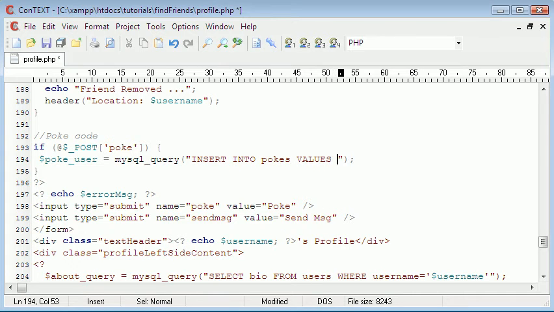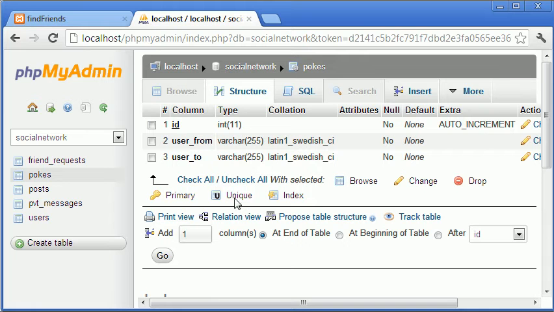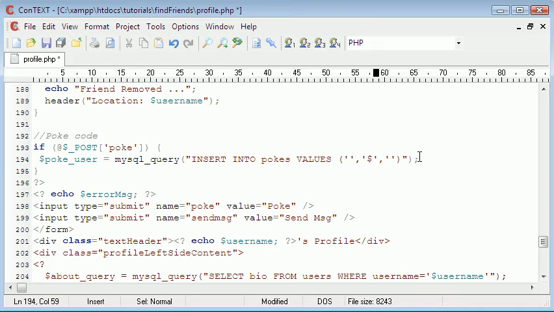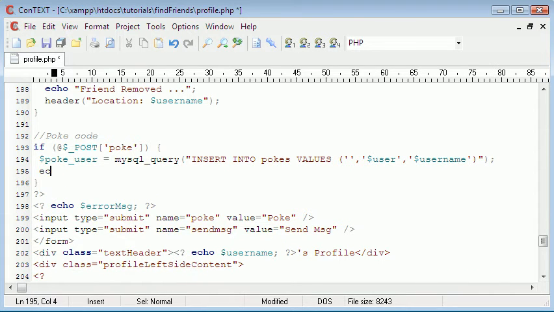So I think it's as simple as, all we do is we leave the ID blank. The second field we type in the user from, which is who poked the user. So this would be the user who's logged in, which is user, and username, which is the user whose profile it is. And if that all goes successfully, we could say